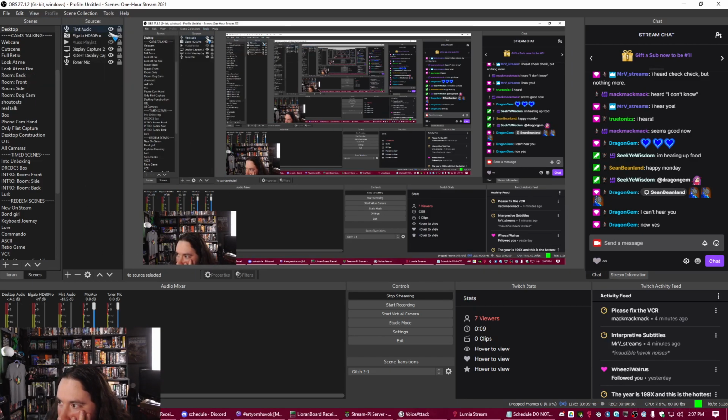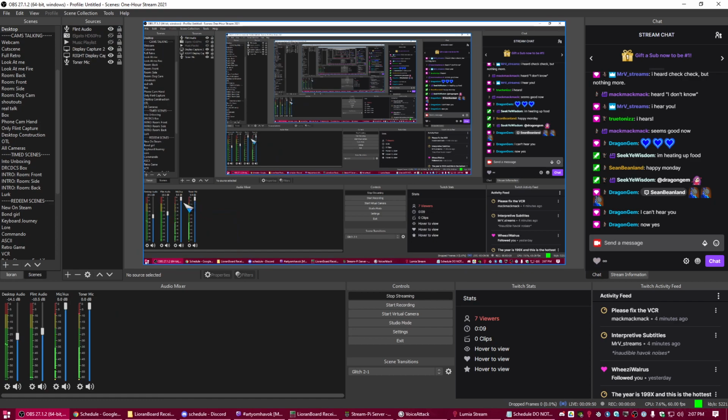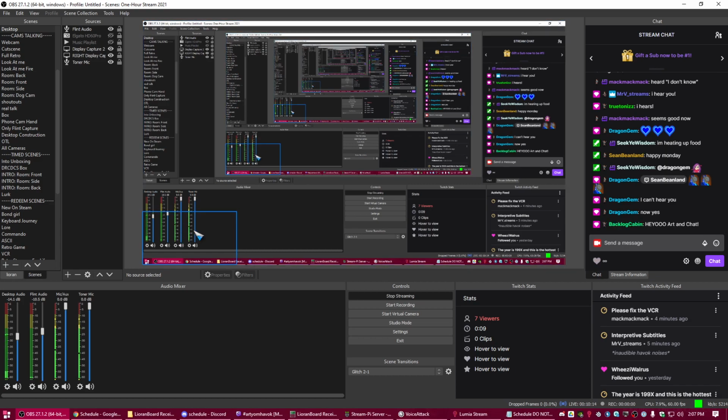Hang on. Now there's, if you look down here, a universal microphone across everything, which means I can't mute it scene to scene. Whereas in every scene, this is the same microphone. This thing's broadcasting. I don't know why you guys can't hear that. I much prefer this way because I can make scenes where the mic just isn't going and I don't have to mute it on and off every time I do anything.